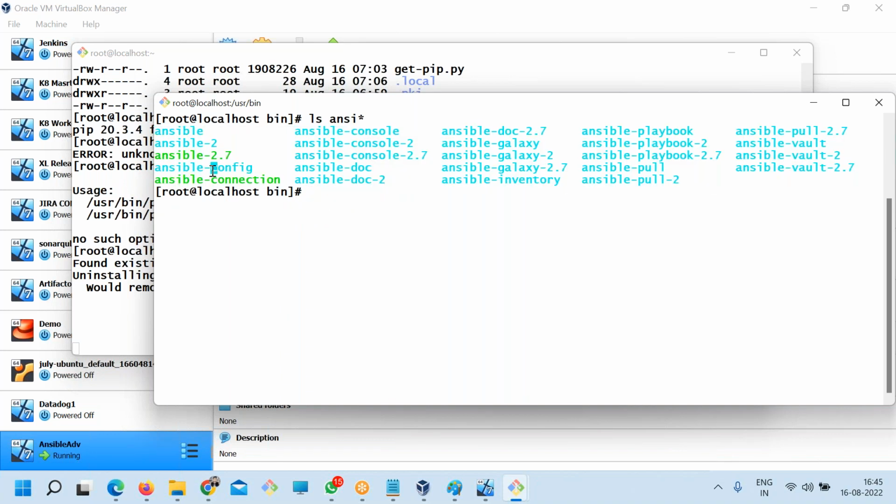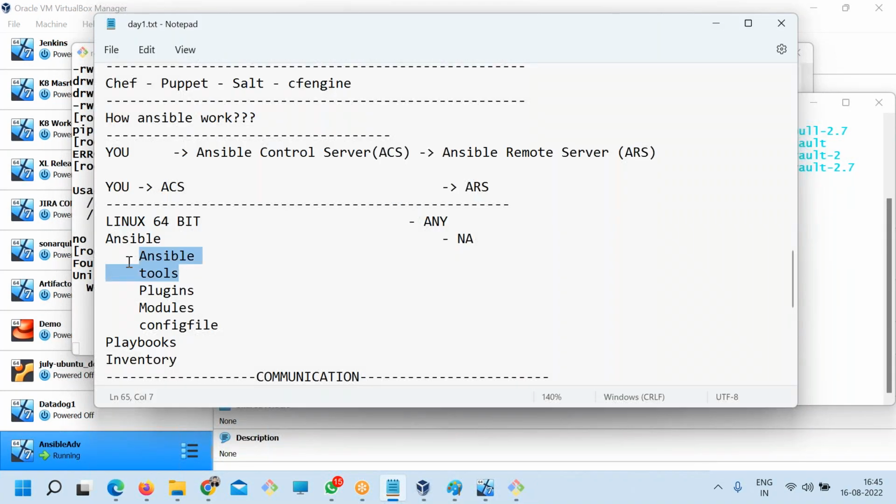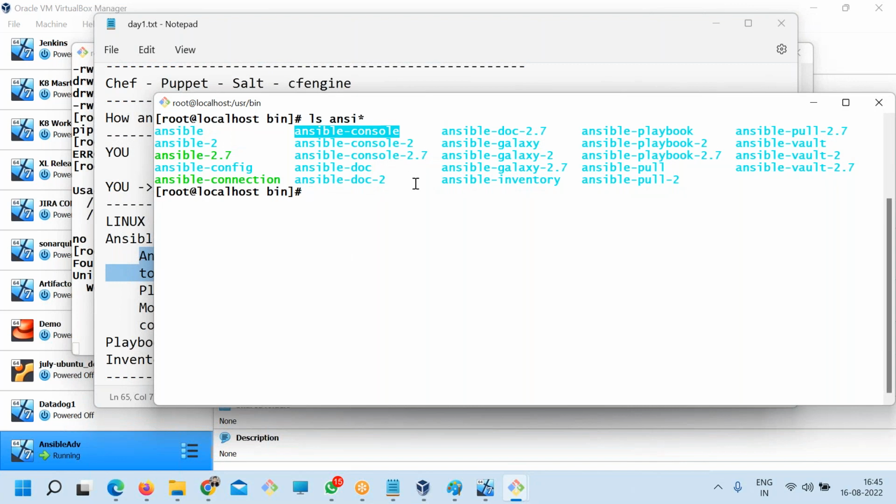Ansible, you have it. Ansible config, you have it. Console. These are the tools actually. Different tools, I'll teach you over a period of time. Doc we have, Galaxy we have, Playbook we have, Pull we have, Vault we have. So these are the tools which you need to learn. Now the question is, where are